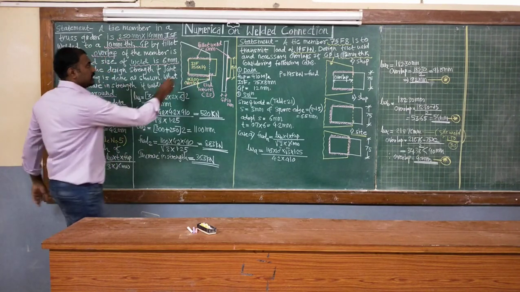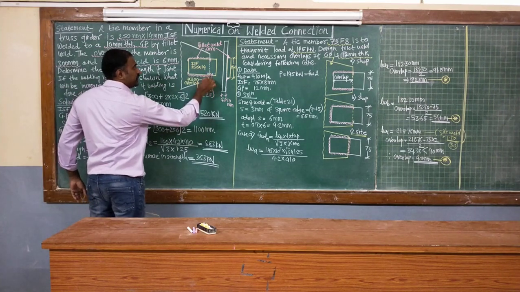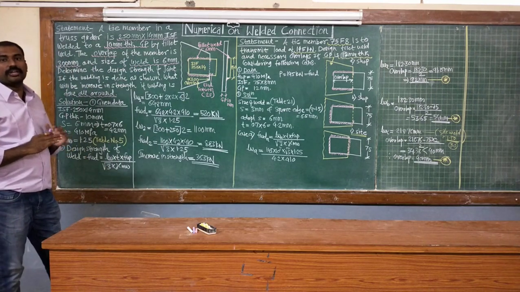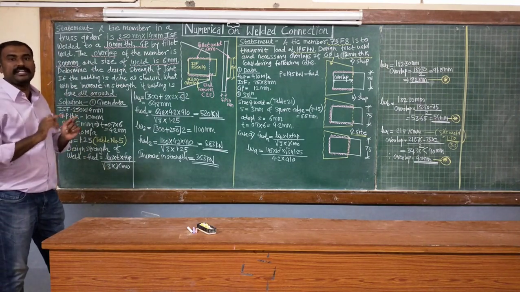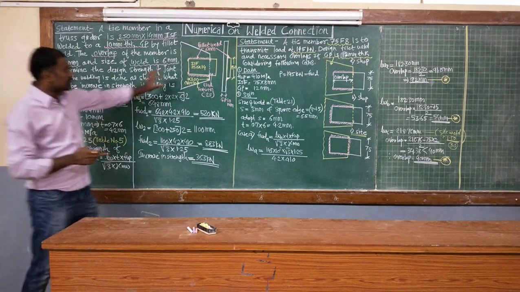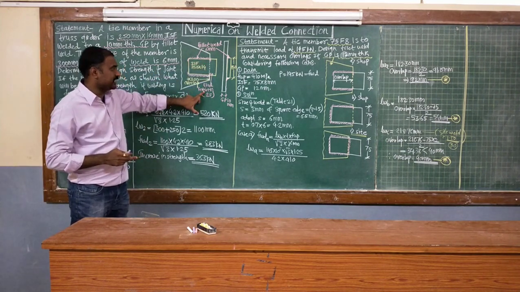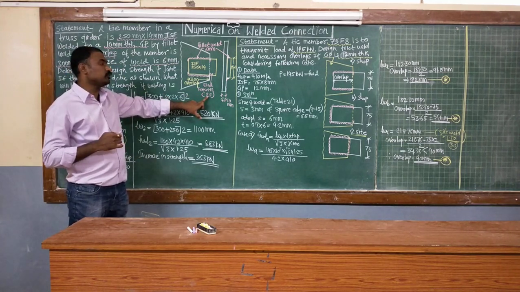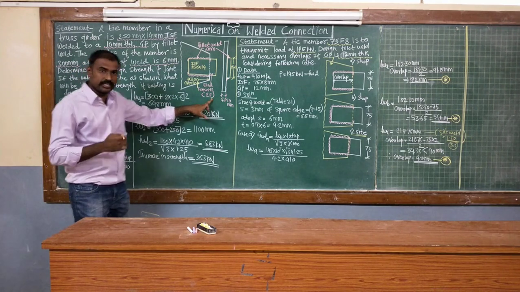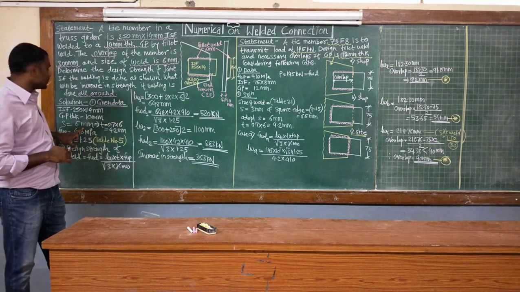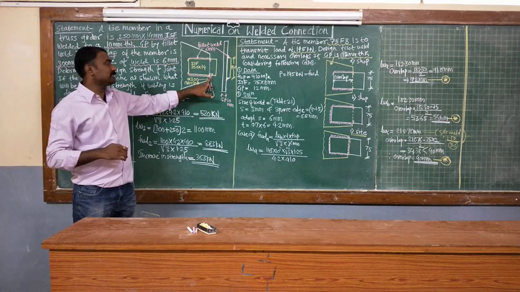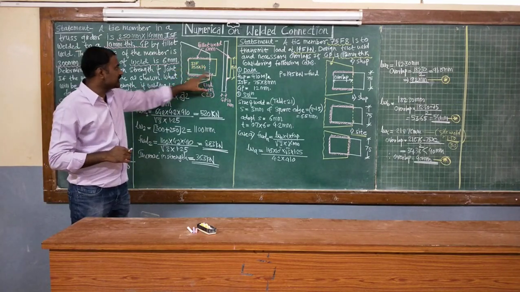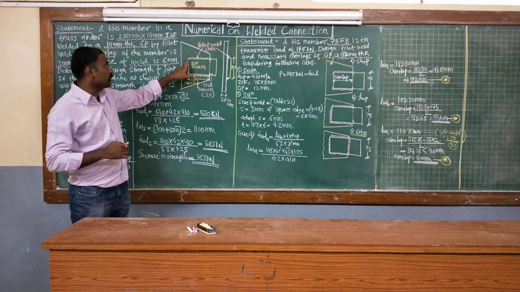So here you have to understand: 300 mm length of welding plus this 300 mm length of welding, and usually at the square edges or ends of your welding you are going to provide end returns of 2 times the size of weld. This particular vertical value I have shown as end return, and always that end return value as per IS 800 should be equal to 2 times the size of welding. Here in the numerical the size of welding is 6 mm. So 6 into 2 is nothing but 12 mm of end return to be adopted. So 12 mm on either side, or both sides, and that is provided on all four edges.